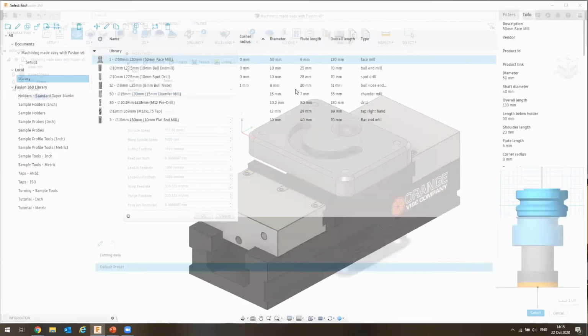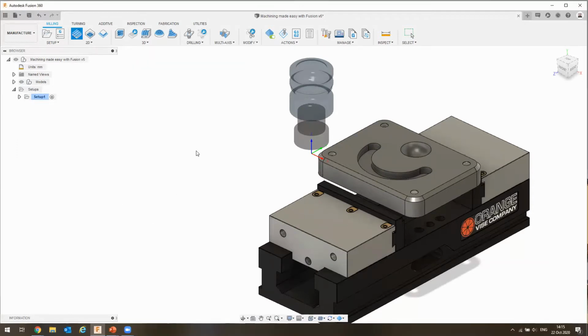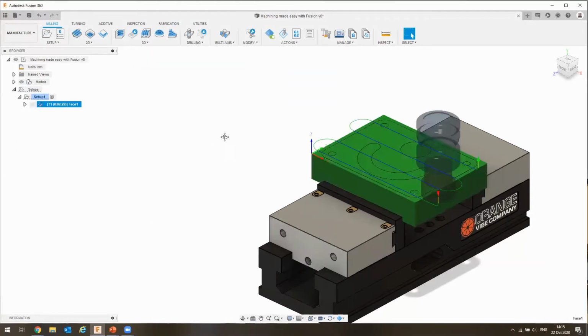So I'm going to double-click on that tool. Pulls it into the job. You can see the orientation is correct, and that's got to do with me setting the X, Y, and Z. And face operations are fairly easy. I don't have to actually do anything. So even though I've chosen 2D, I just hit OK. I don't have to select anything. And the program